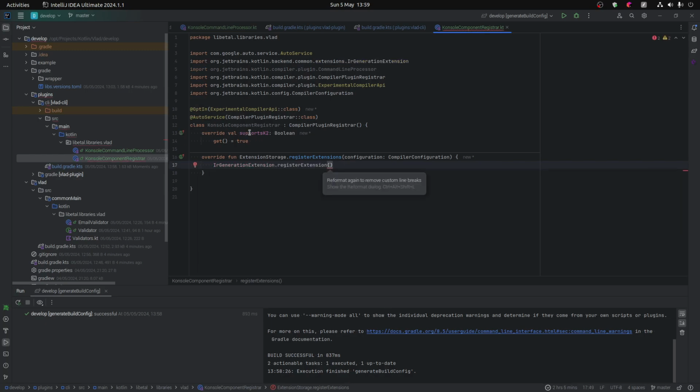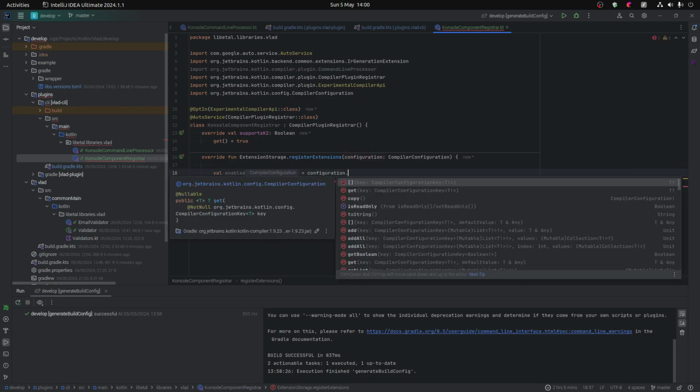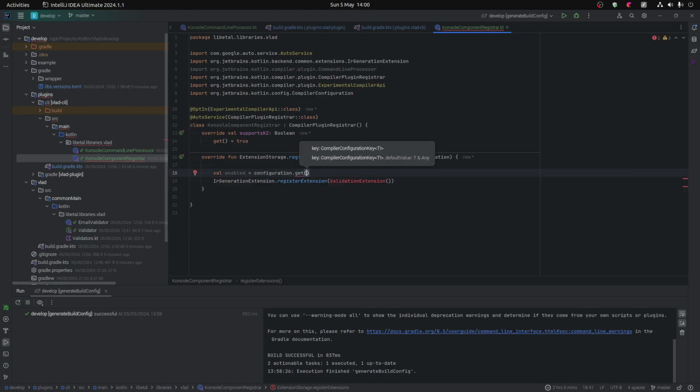So let's just register one. Generation extension to register some generation, so validation gen extension. Okay, validation extension. I know we can't get the arguments here for enable and all that, so I'm going to just do a rough one here. So for us to be able to get arguments, we need, let's say, the enabled. If we just have it enabled, we have the configuration dot get, and we need to define it by the